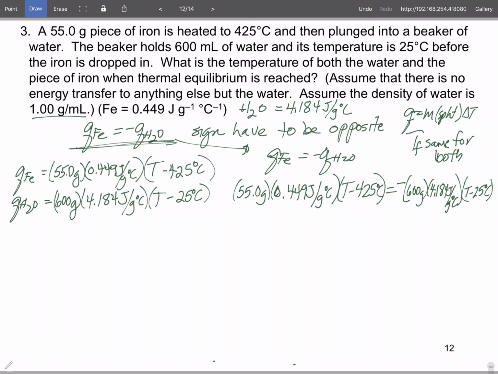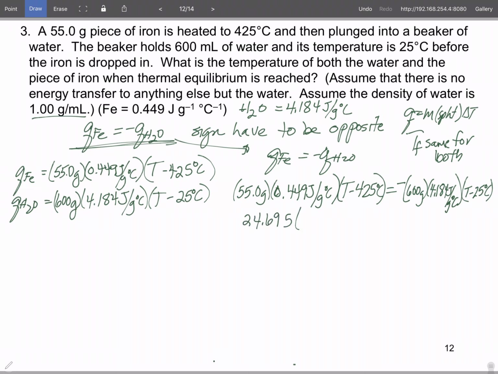The only thing about this problem from this point on is you must obey the rules of mathematics. I'm going to do it my way. Some of you are going to follow me. Other ones are going to go, I don't want to do it that way. It doesn't matter as long as you obey the rules of mathematics. So, what I would do is combine. So, I'm going to get